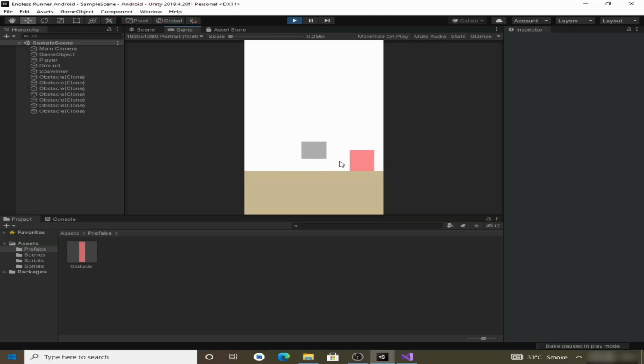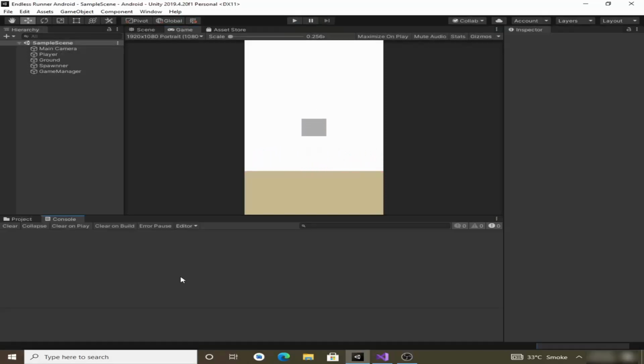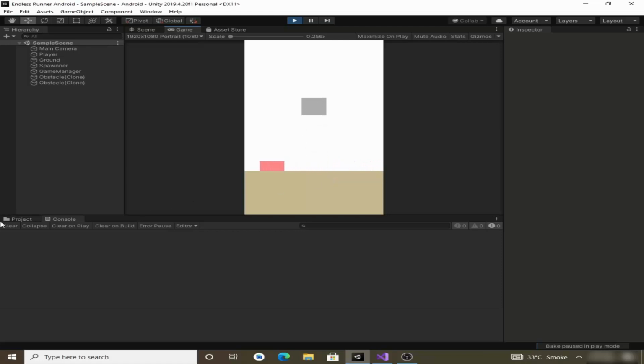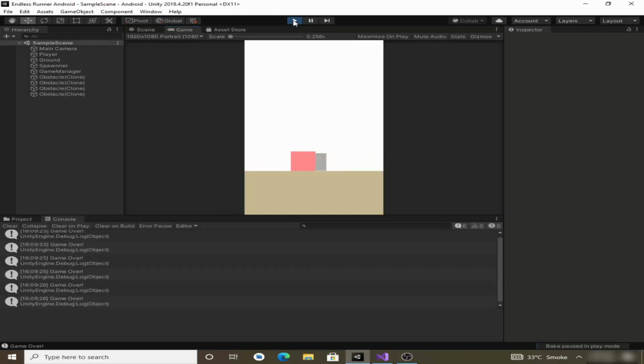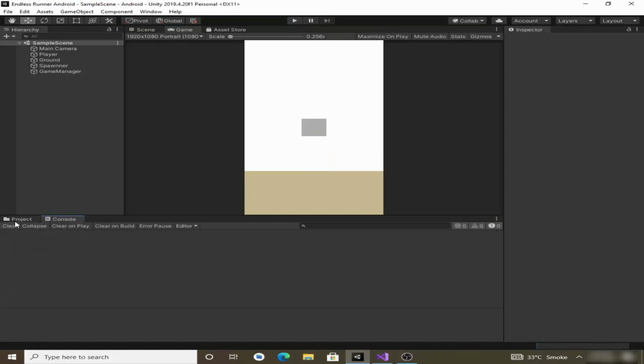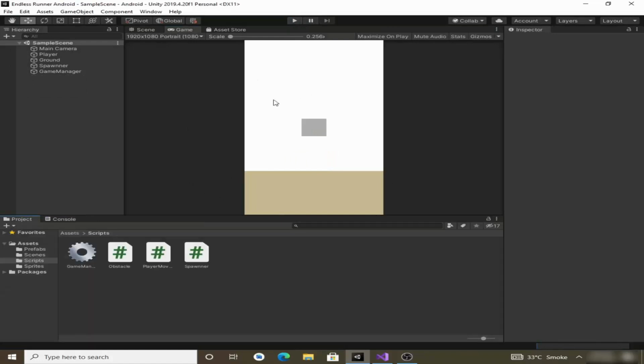So in this video we have added our obstacle. So now we can see that whenever our player collides with any obstacle, we have this game over message in the console. So now we will create a game over screen. So whenever our player collides with the obstacle, then the game will be frozen and our game over screen will